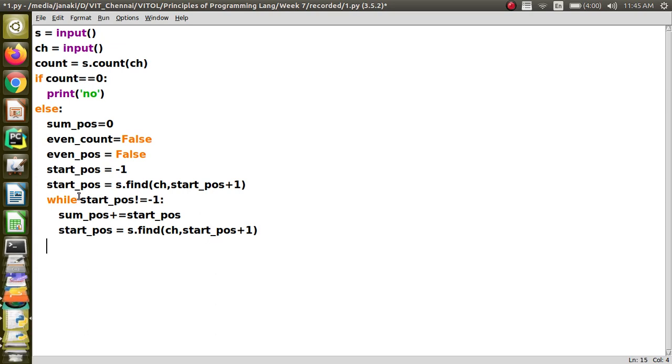Now, come here and you are going to check whether the count of the occurrence is even, right. So, one way is you can check like this, count mod 2, okay. If count mod 2 equal to 0, then you can say even count equal to true, okay. This is one way.